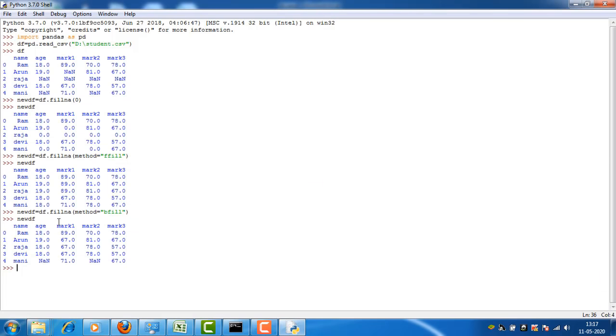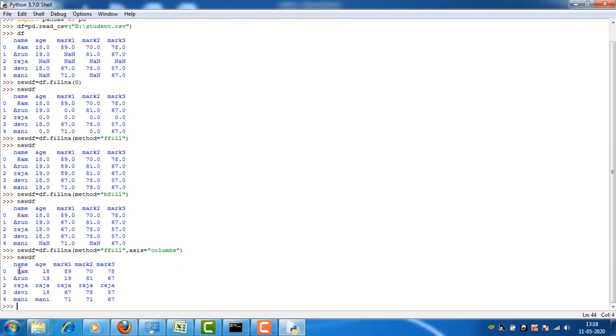So let us see how to do it. new df is equal to df dot fillna, method is equal to ffill, then axis is equal to columns. New df.